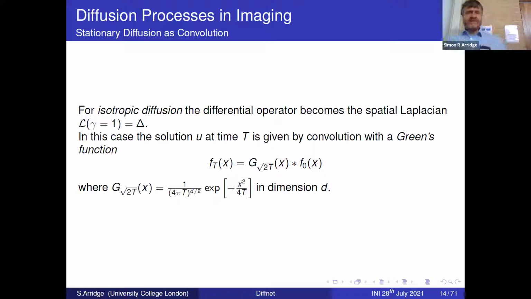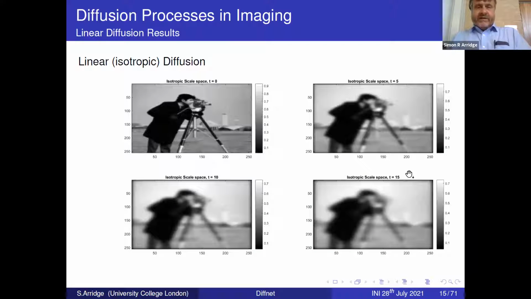And in the isotropic case, things are fairly easy to analyze because this is then just the spatial Laplacian, and we do have a Green's operator here, the kernel being the Gaussian. And so it's well known that the diffusion process over a time t leads to spatial blurring with a variance of 2t. And so if you evolve an initial condition of an image over time, it just leads to a spatially homogeneous blurred image.